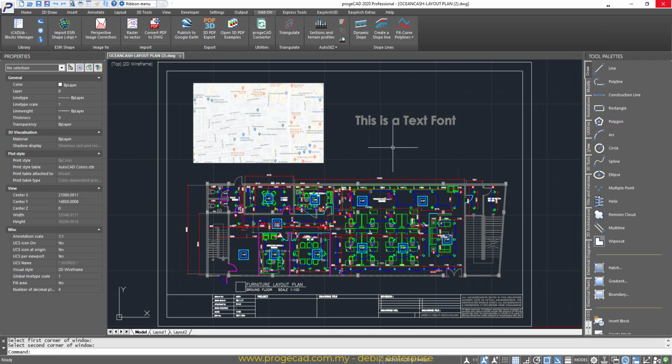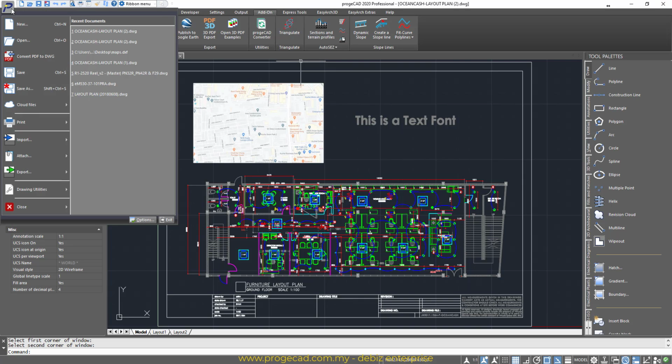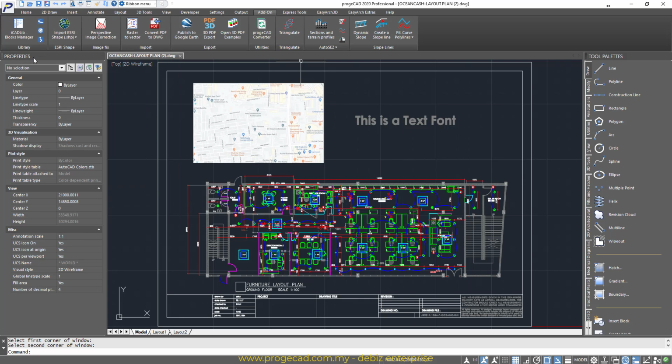Now say for example you receive this PDF file from your customer or your consultant. What you do next is go under the add-on menu and click the convert PDF to DWG icon, or you should be able to see convert PDF to DWG from the top menu and click on it.